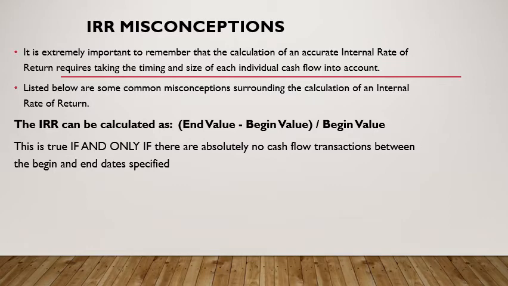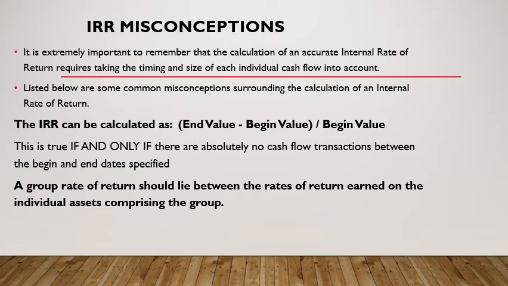date specified. Say for example, you invest on January 31st. One investment is made on January 31st, and there are no further investments till December 31st, and the second investment is on December 31st. There is no investment between Jan 31st and December 31st. Then yes, this formula can be adopted.